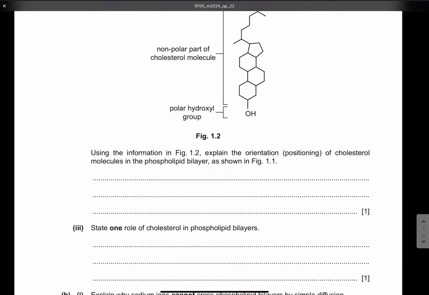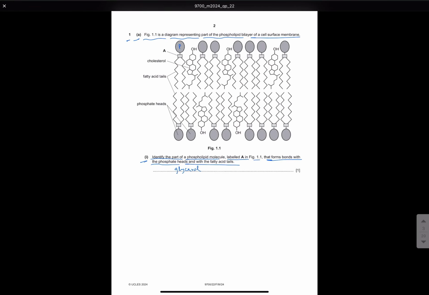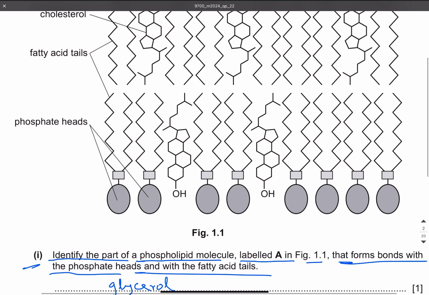Alright. Using the information in figure 1.2, explain the orientation, position of cholesterol molecules in the phospholipid bilayer as shown in figure 1.1. So guys, we can see the orientation of cholesterol molecule in the phospholipid bilayer. This is the cholesterol molecule. We can see that the OH group, which is the polar part of the cholesterol molecule, is in contact with